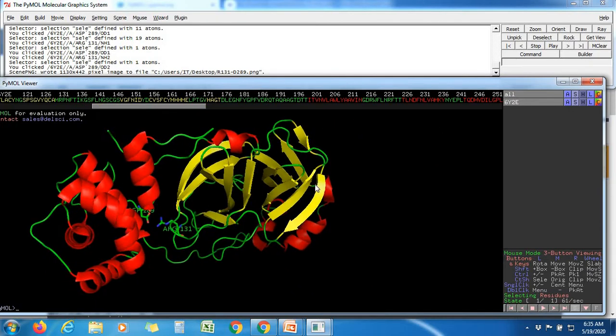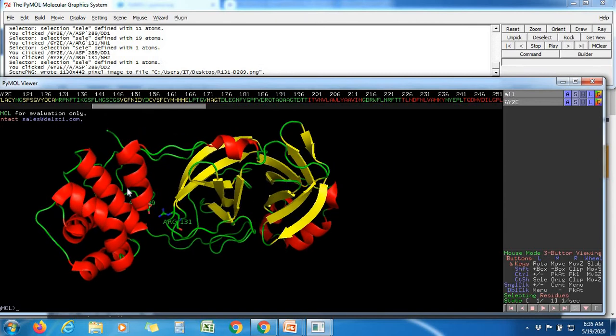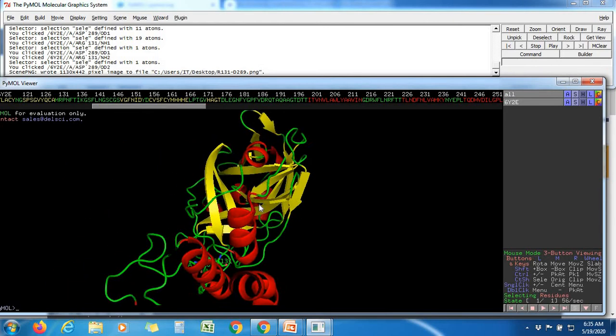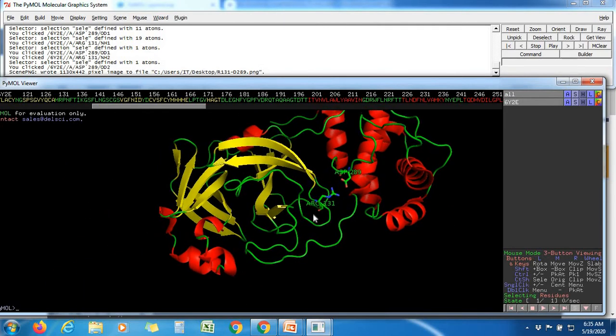Now we'll see what we can do with the mutations. If you want to mutate arginine, you can see here arginine is this one, and it is labeled.